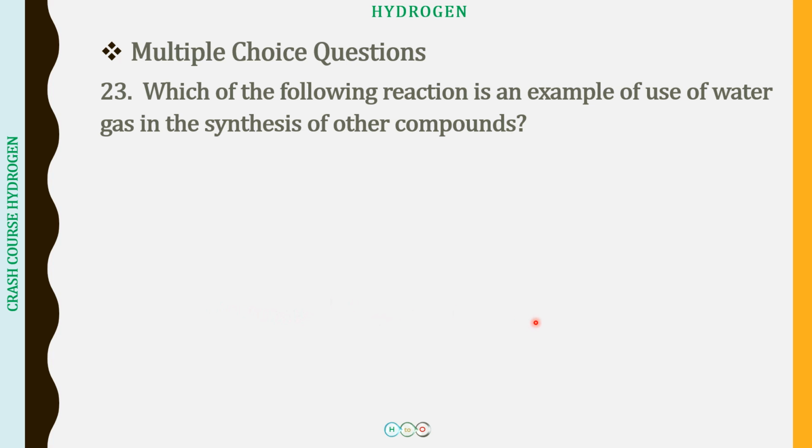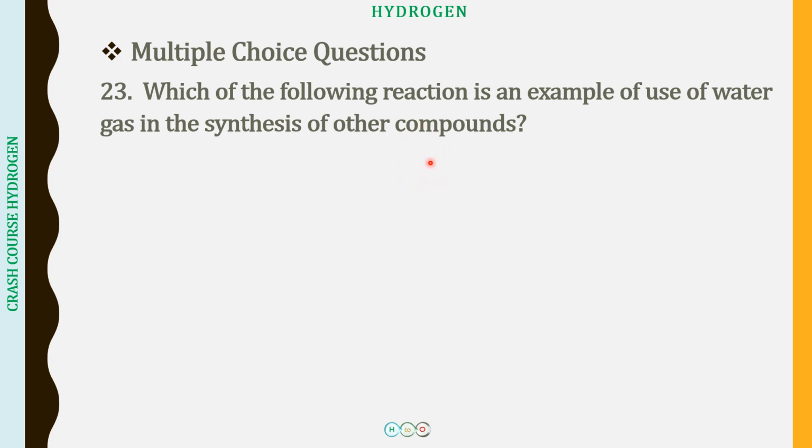And this is a question which is asked in the NCERT exemplar. So the first reaction is CH4 reacting with water. This is a gas, so it is reacting with steam over here at a high temperature, right? So methane reacting with steam at a high temperature produces a carbon monoxide and hydrogen mixture. This is called water gas. This is the reaction I was referring to in the previous question. So this is the reaction where we have a hydrocarbon reacting with steam at a high temperature of 1270 Kelvin to produce water gas. Now this water gas consists of hydrogen.